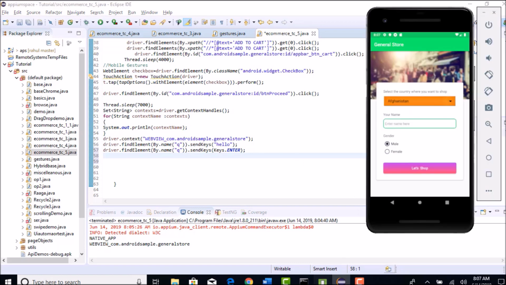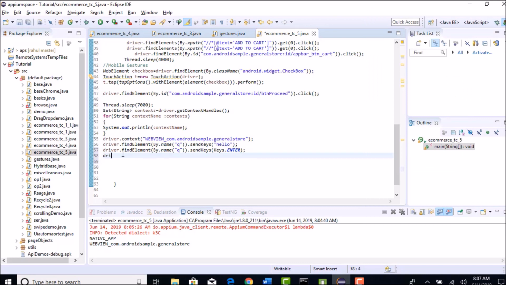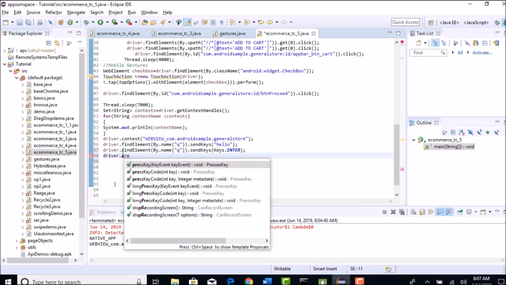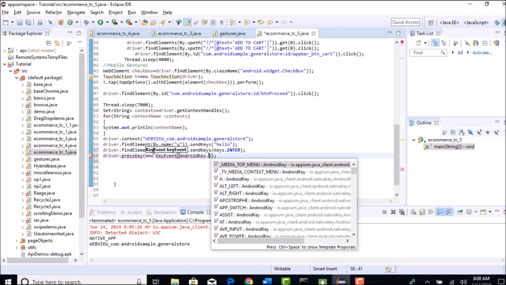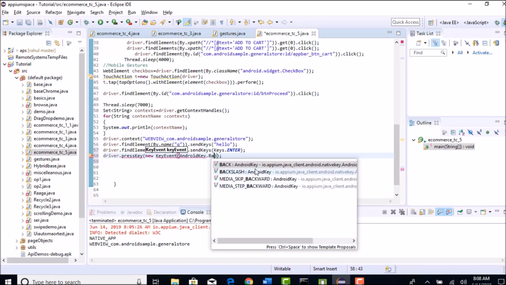So basically you are using this Android back button, that's it. There is nothing tricky here. So how to do back button? driver.pressKey. These are different keys you can perform of what your Android provides. Here you have to create a new class object called KeyEvent. In this class object you have to pass which key you want to use. Here I want to use AndroidKey, look for back. Just type BA, yeah, here it is.